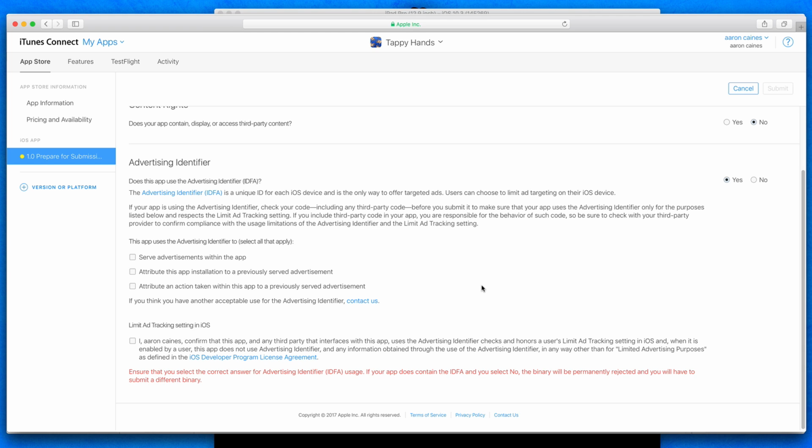So this app uses advertising identifiers, and we need to select what it basically does within it. So serve advertisements with the app, that is something that it does. Attribute this app installation to previously served advertisements. Attribute this action taken within the app to previously served advertisements. So again, that's basically just covering what I just said, where it displays ads based off their search history and stuff like that. So you want to select the remaining 2 of them,